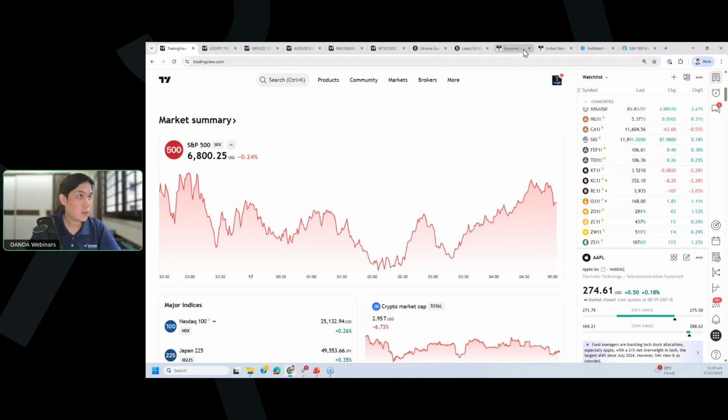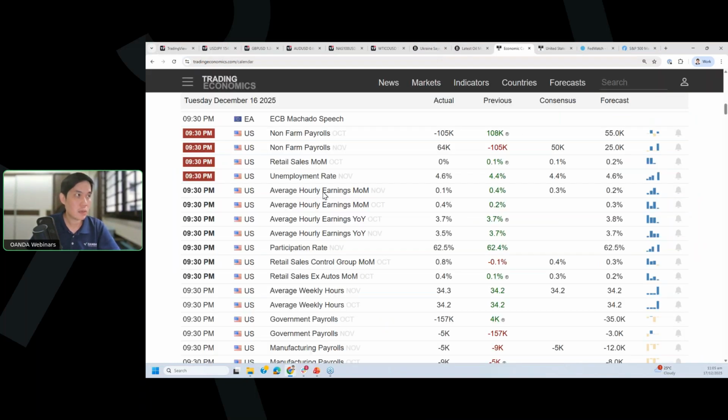Going towards the economic calendar, let's start with the non-farm payroll data. It was a bit erratic because of the government shutdown that took shape around 2 months ago. We have 2 simultaneous releases of the October print and the November print. The October print showed a tremendous decline of negative 105K jobs lost. Don't forget that also includes government employees. And when the shutdown ended, we see a reversal of the loss to a positive print of 64K, slightly above the 50K market expectation.